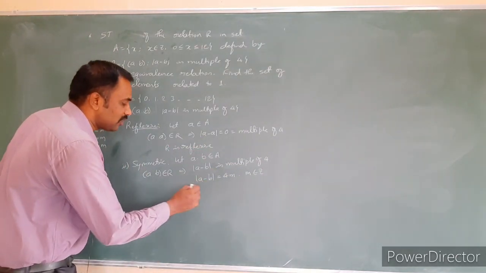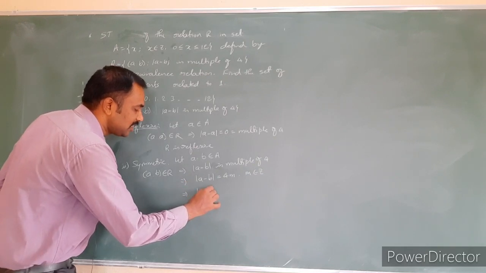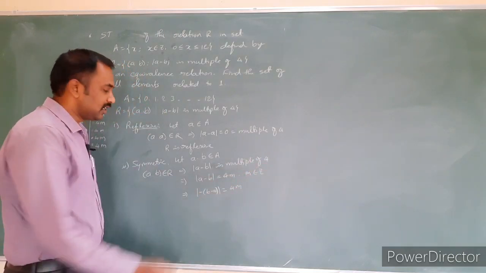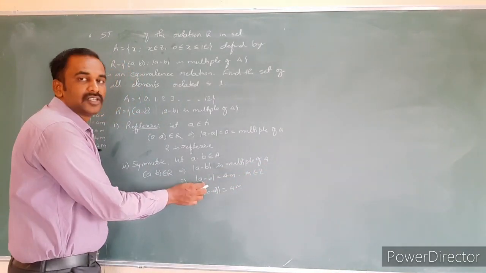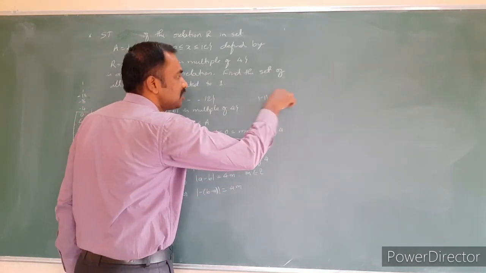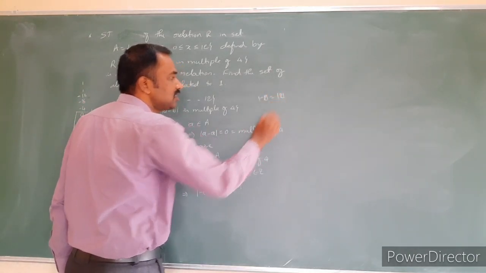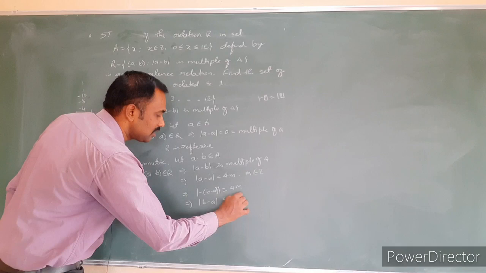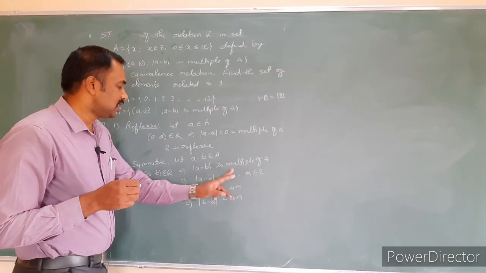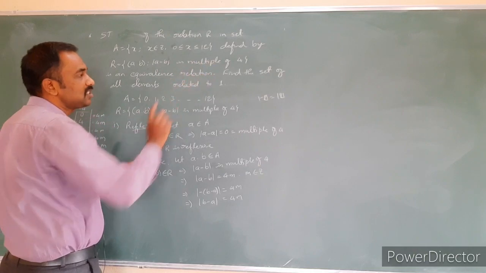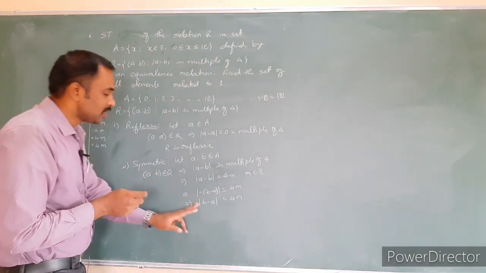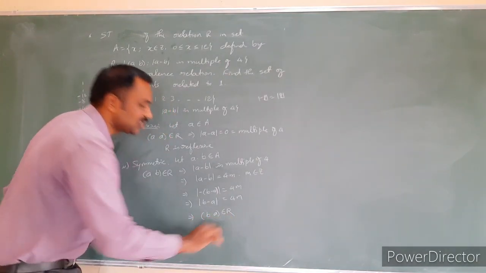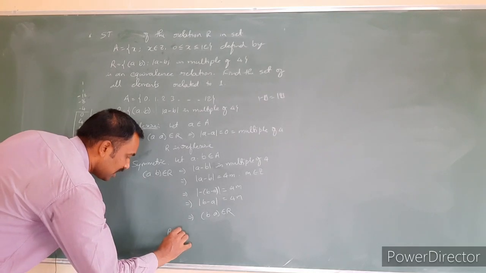Similarly, inside the modulus sign, I take the minus sign common, so it again becomes 4m, and nothing changes, since |−1| is the same as |1|, or |−2| is the same as |2|, whatever. So here also we get that |b − a| is a multiple of 4. According to the condition, |a − b| is a multiple of 4 for (a, b), so |b − a| is a multiple of 4 means (b, a) belongs to the relation R. Therefore, the conclusion: R is symmetric.